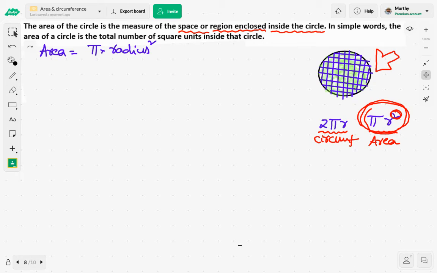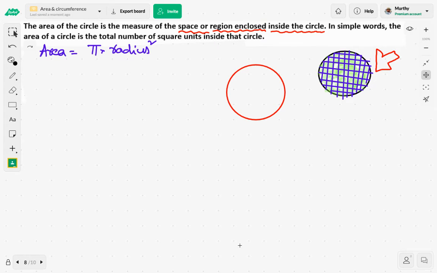Okay. So let me take a couple of questions on this one, how to find the area of a circle. So let me draw two circles really quick. The topic of circles is not difficult, but at times some questions seem to be tricky. Like I remember